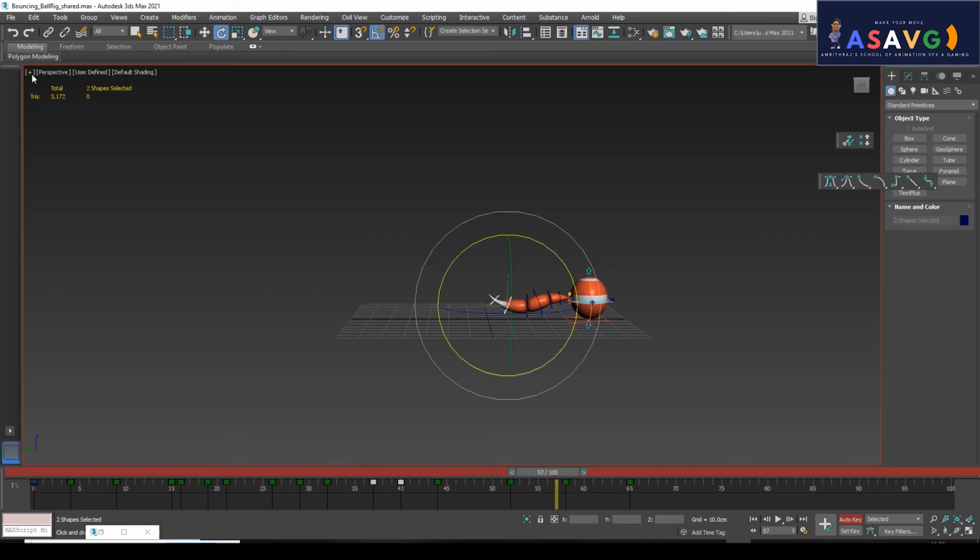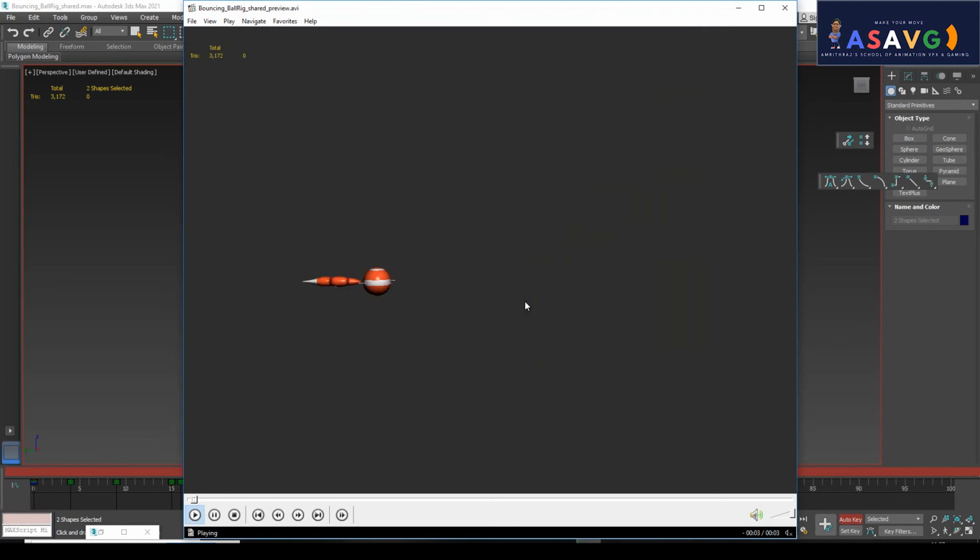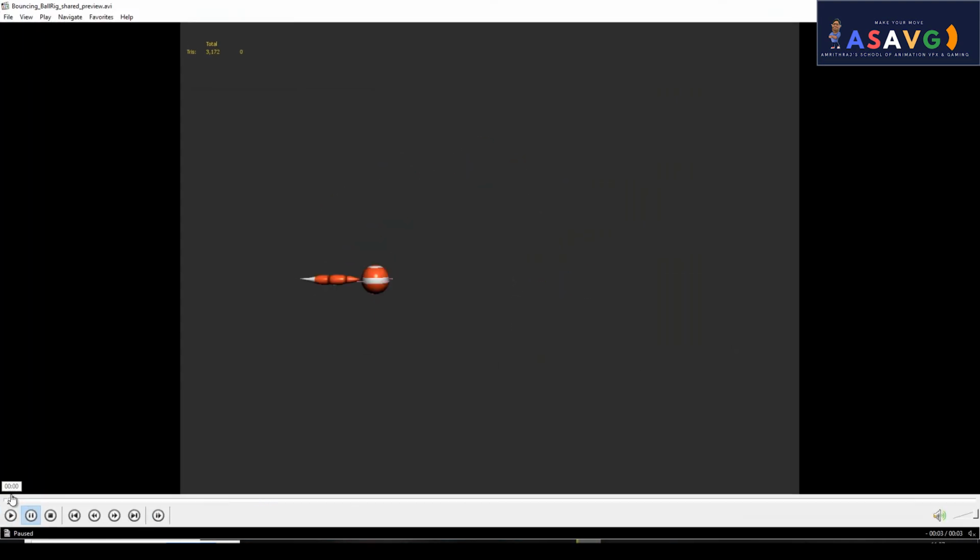Okay, now we'll make a playblast. Understand? So this much follow through you have to give, not too much. Too much will look awkward. No need of that much.